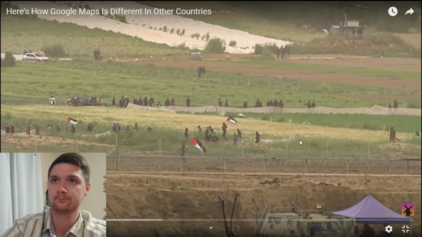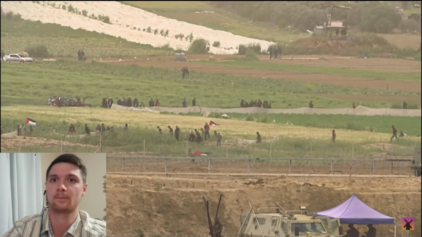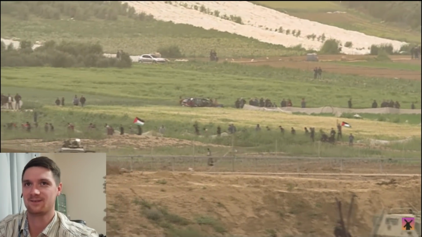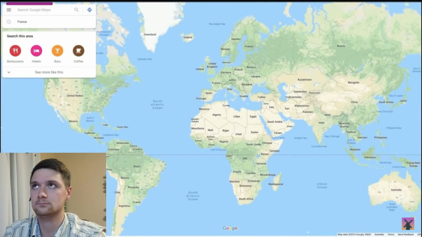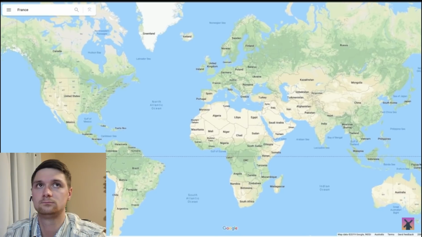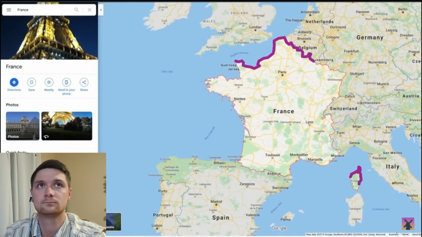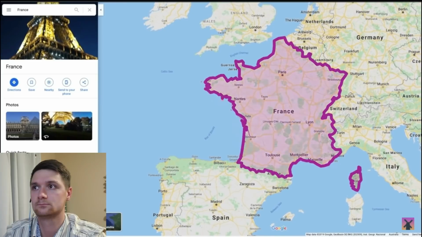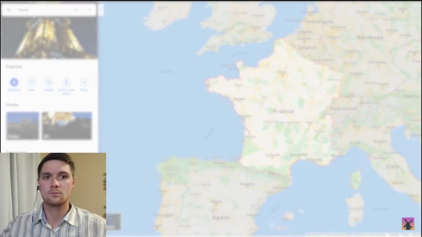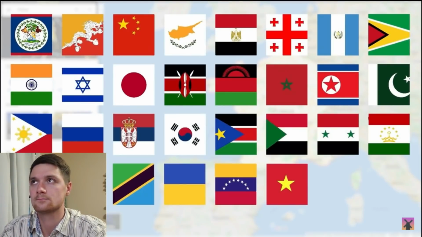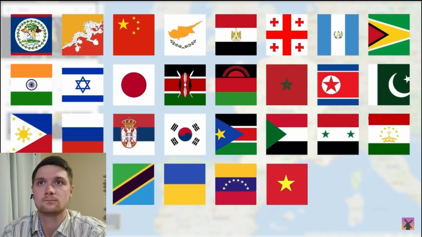Certain countries have, well, let's just call them disagreements over where their borders extend out to, or where the borders of other countries end at. For an easy way to visualize this inside of Google Maps, you can use the highlighting feature. Select a country that doesn't have controversial borders, like, say, France, and behold, the entire country is highlighted with her borders clearly marked so you can see all of the territory in the world that properly belongs to France. But other countries' borders are a teensy bit more fuzzy than that. And so, there are currently 29 different countries across the world which you aren't able to highlight inside maps, including...